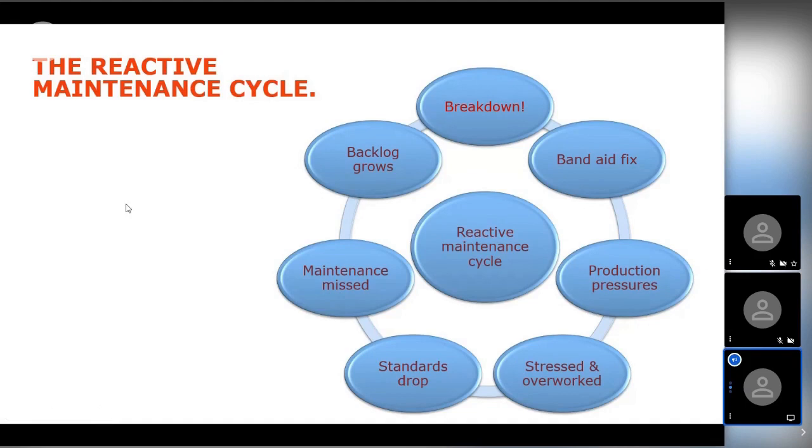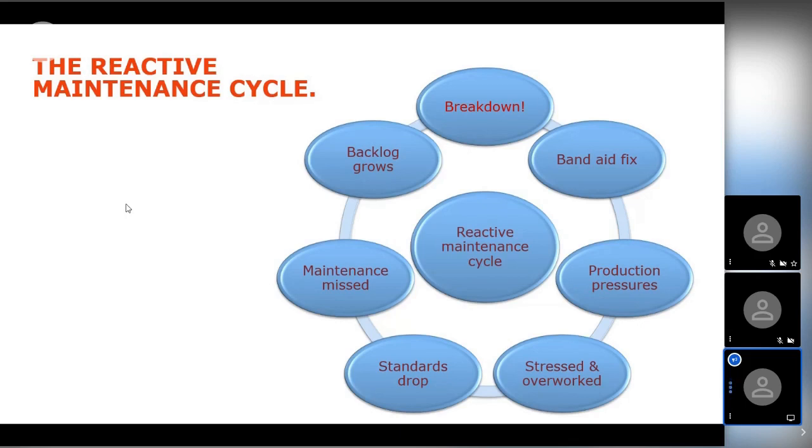Picture your own workplace for a minute. Have a think about something breaks down. Production calls up maintenance. Quick, get out and fix it. So they rush over. Production's putting them under pressure to get it fixed quickly. So they're stressed. They get it working as much as they can. Perhaps the production person's gone off for their break or gone off for a cigarette or something during that time, and the maintenance person's left there all alone trying to get this done. So there's pressure from production to get up and running. They're stressed. They're overworked because of the numbers of breakdowns. So they're doing the band-aid fixes, the temporary fixes. Standards are dropping because they're doing so much work under a rush.